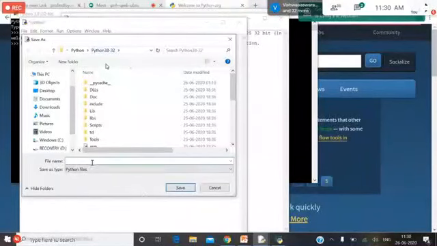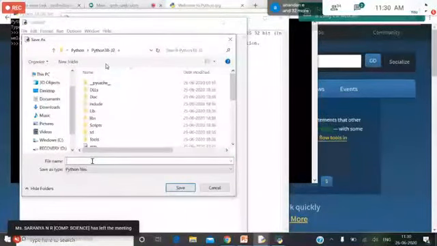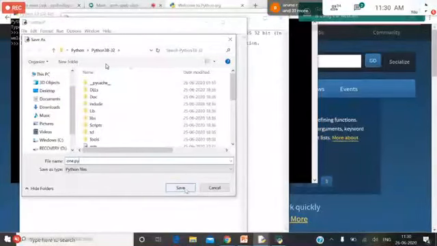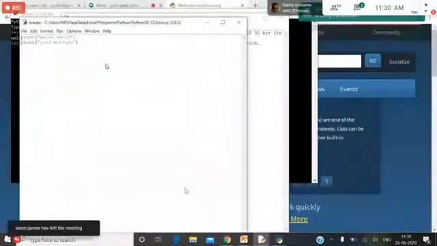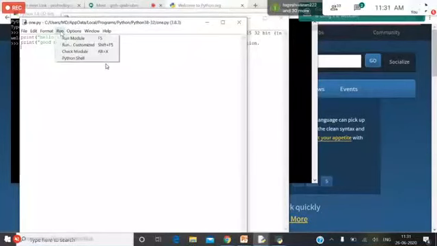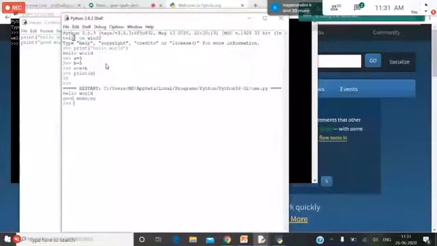You can give any name. For example, I am giving 1.py. You should remember the file extension should be py. Just click save. You can see here 1.py, the name of the file has changed. For executing the program, I am not doing any compilation, I just have to click the particular option. To run the program, go to the F5 option or the run module option. You can see the output here: hello world, good morning.